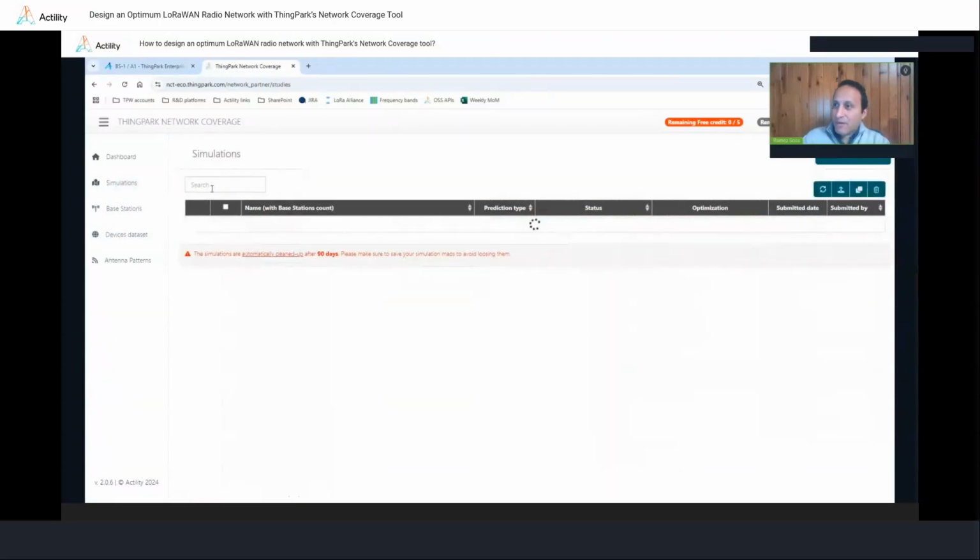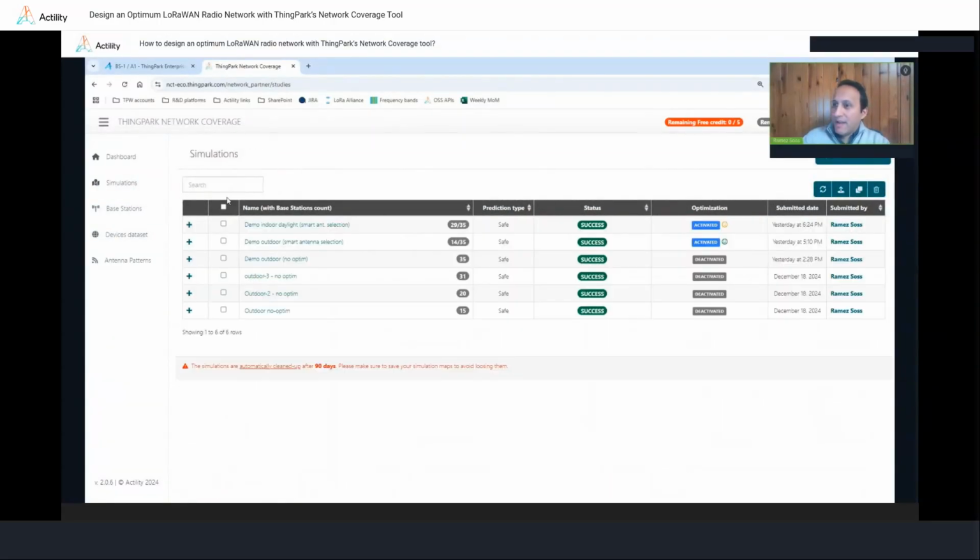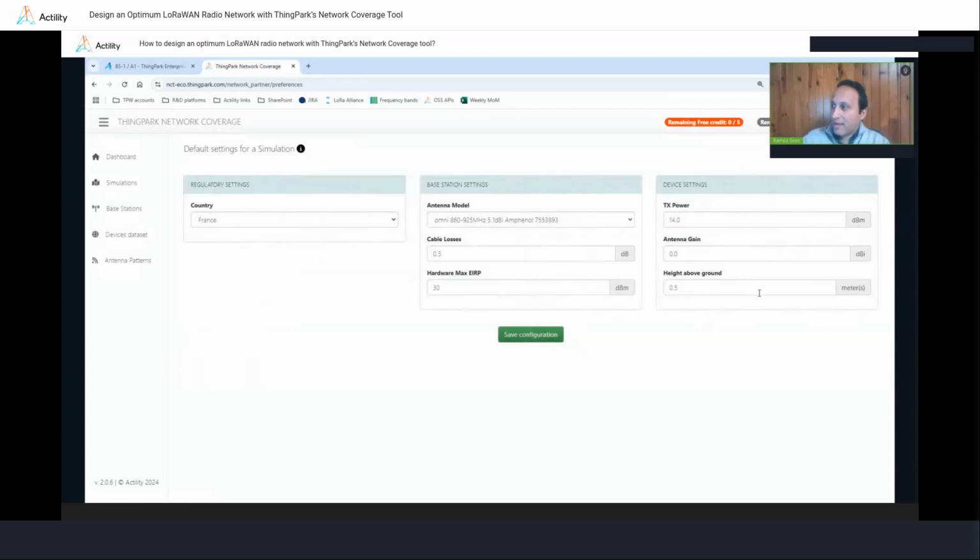And then before showing you how to do a new simulation, if I go to the simulations tab here, I will see the list of the different simulations that have already been done under my account and their status. And a good thing to look at before launching a new simulation is to check under your user preferences here if you have properly set the default settings of your account, so that it becomes easier for you to run simulations. With these default settings, you can choose the country in which you would like to run your simulations, so that it's automatically set for every new simulation without you having to set it separately for every simulation.